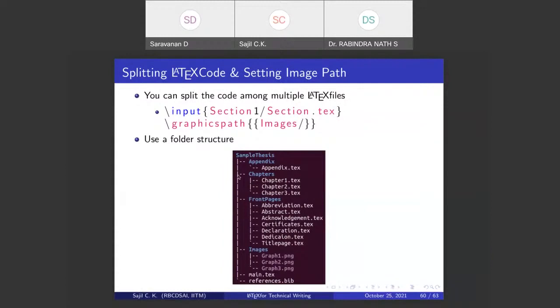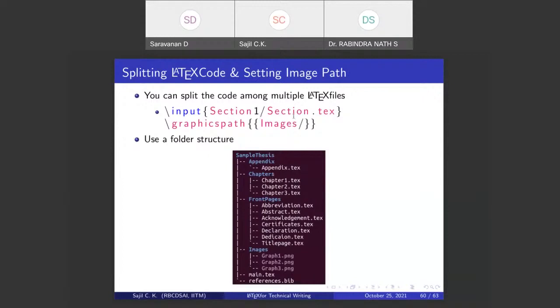Create a folder for chapters and put each tex file as chapter1.tex, chapter2.tex, chapter3.tex, and call each of them whenever required. If you want chapter1.tex content, then you can add \input{chapters/chapter1.tex}, where chapters is the folder name.